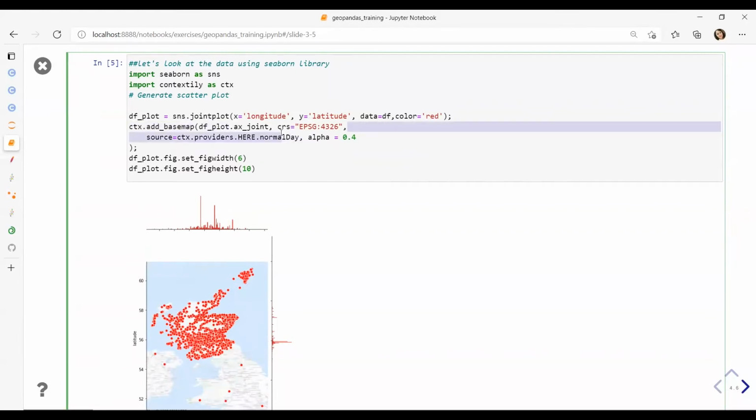I'm specifying CRS, which stands for Coordinate Reference System. I'm going to talk about it in more detail later. And I'm specifying the source. Source is the type of background mapping I would like to see. Again, I'll talk more about it later and provide a few examples of what could be there. Alpha is set to 0.4, and alpha is transparency.